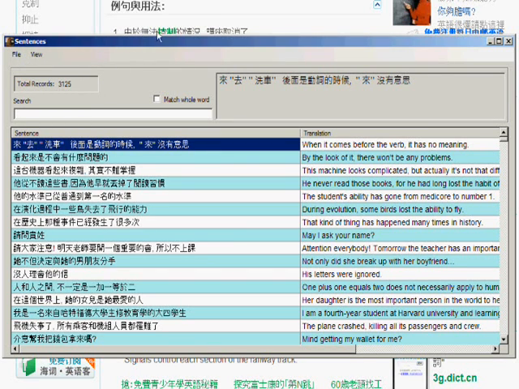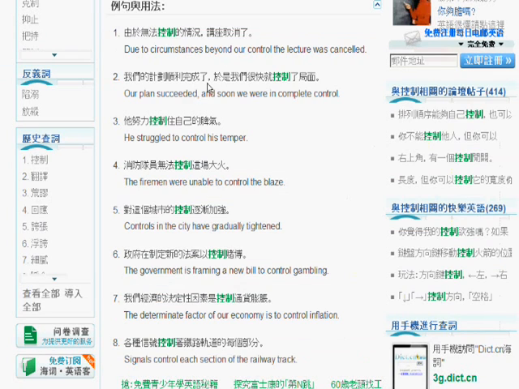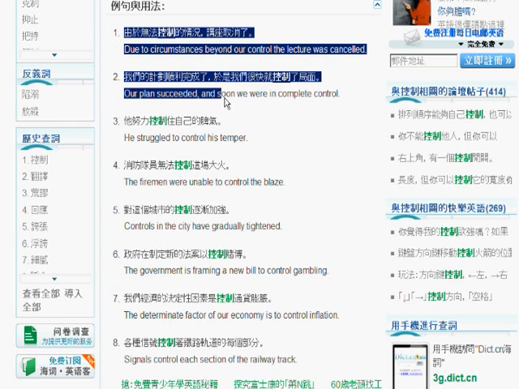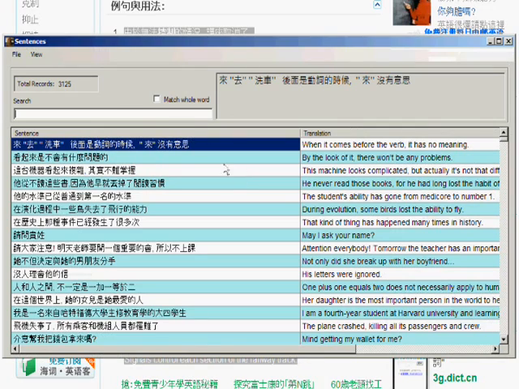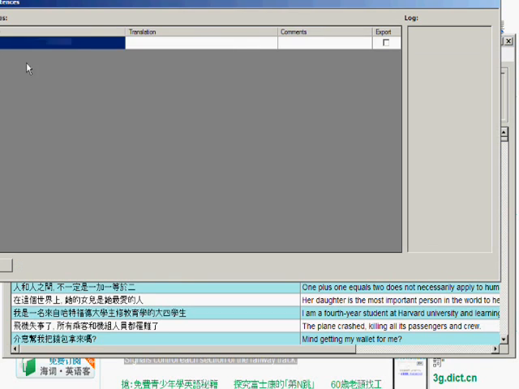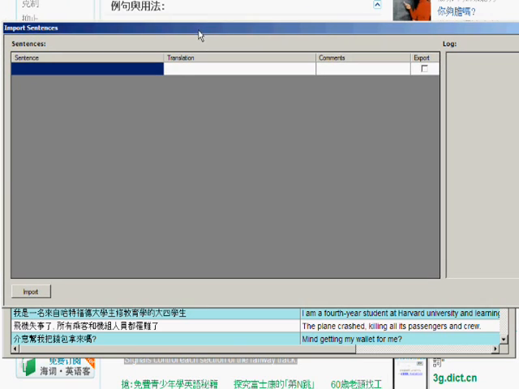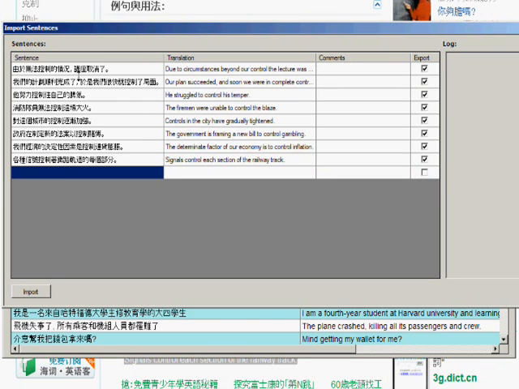So if I want to add new sentences, I'll show you how that works. This is kind of cool. So I'm going to go here. Here's a web page that I use a lot, DICTN. Here's a bunch of sentences on this website that I asked it to find with Conjure, so control over something. So watch this. I'm just going to grab all these sentences and copy them. And then I'm going to go back to this program. I'm going to hit import, and then I'll just hit this. There we go.